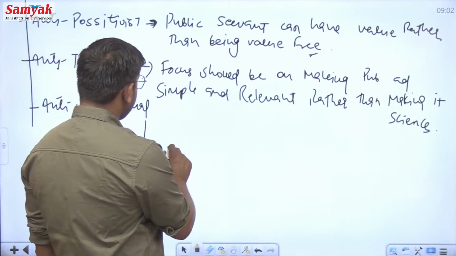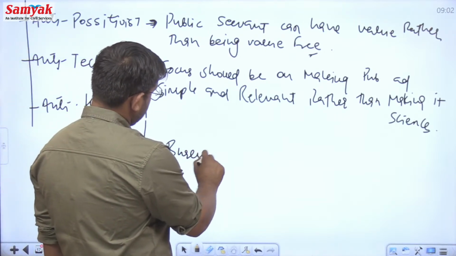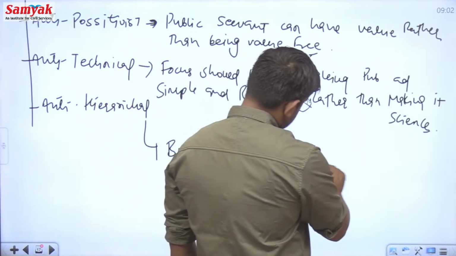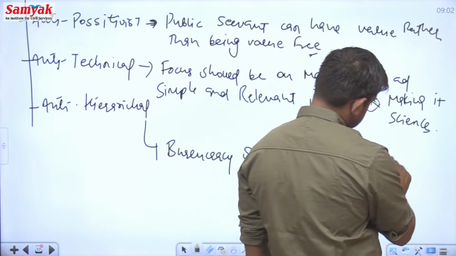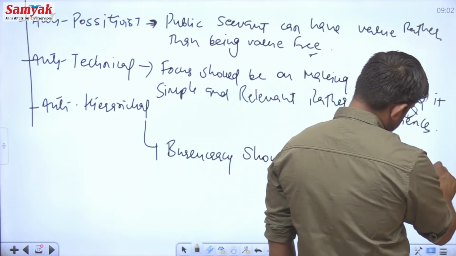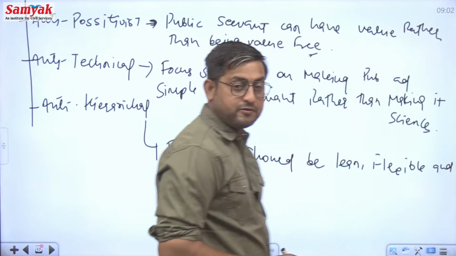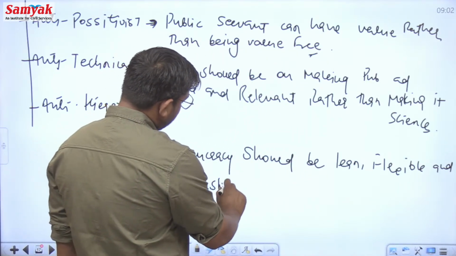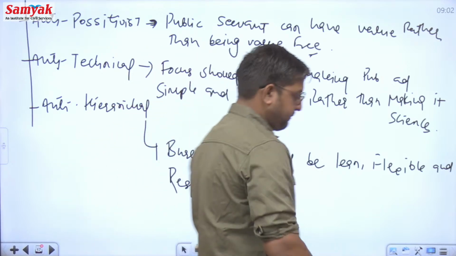Anti-hierarchical means the bureaucracy should be lean, flexible and responsive. तो ये 3 एंटी गोल्स होते हैं। सो बेसिकली दीज आर द प्रिंसिपल्स ऑफ द एनपीए और दीज